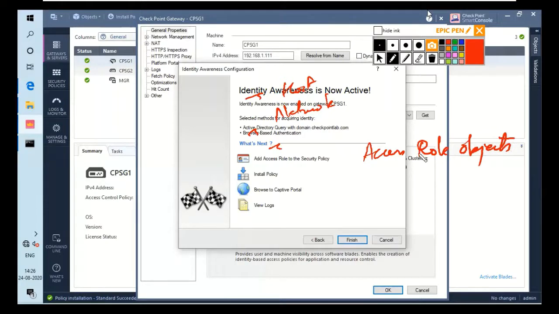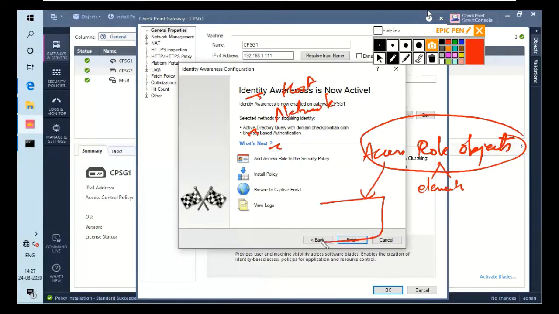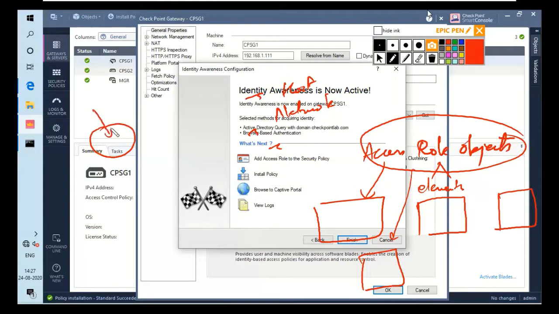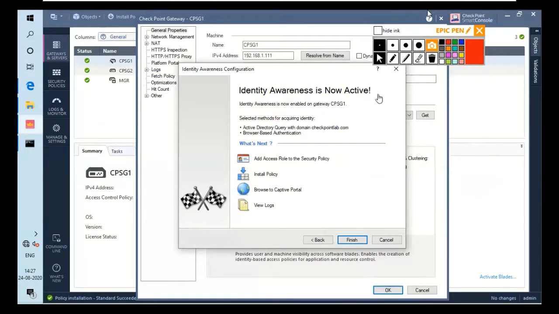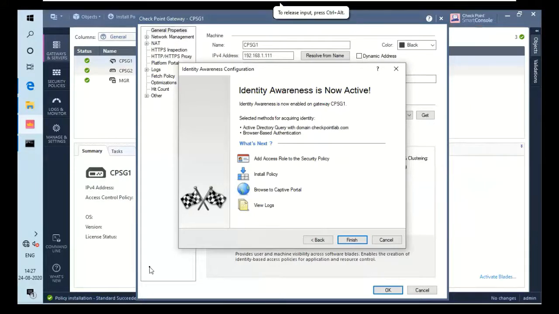So in this, what this access role does is it contains elements of different kinds and tries to match them with the object. It means you can mention that use the specific range, use NAT in this, use the AD server in this. It's a combination of objects, you can say that. In short, it's a combination of objects in a single object. That's what this access role does. And let's see what it does so that it's easier for you to understand it, right?